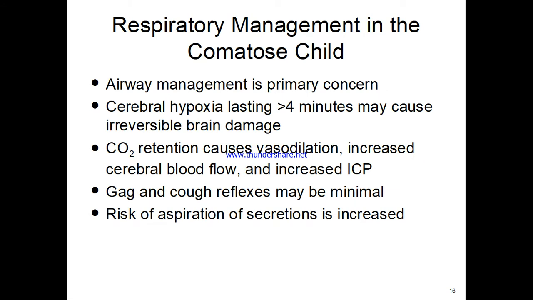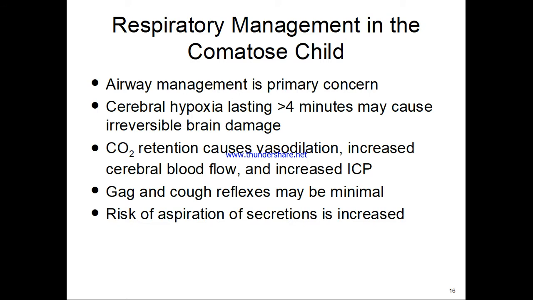So for respiratory management in the comatose child, airway management is going to be the primary concern. Once someone's brain has been hypoxic for more than 4 minutes, they begin to experience irreversible brain damage. And that is not a long time. When you think about some of the downtime some of our patients have when they enter a rest, or if they have a seizure that they're not able to breathe through, or near drownings, that 4 minutes can go by pretty quickly. CO2 retention causes